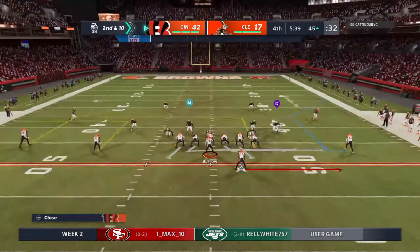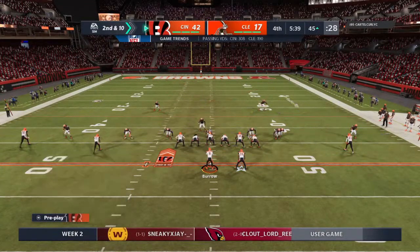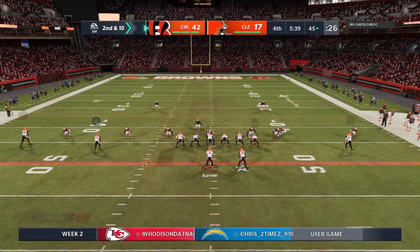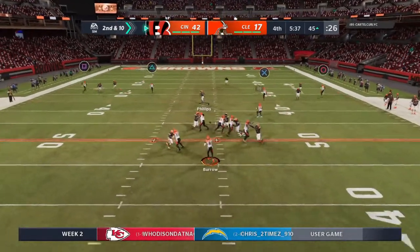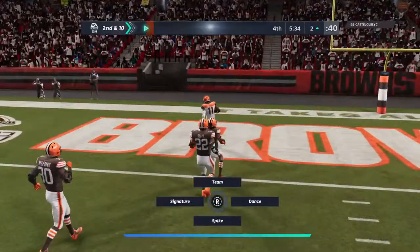That's a bad thing. Feels to me like they're just keeping them honest on defense, because you know they're going to stack the line of scrimmage and try and stop any type of a running play. Short little passes may work in exchange of running. It's caught at the 10. And